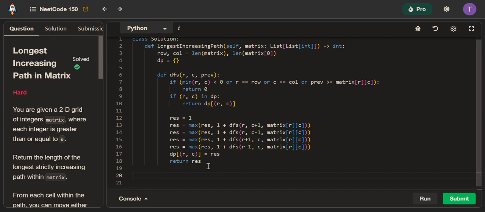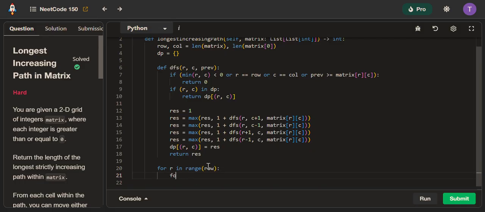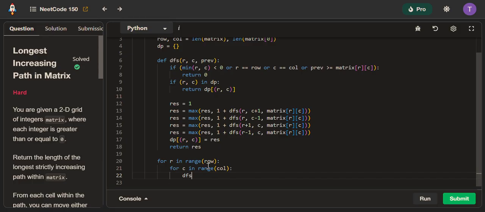Now we're going to go for every single cell, going top down, and we're going to call our depth first search on it. So for R in the range of row, and for C in the range of col, I will call my DFS on it. And what I'm going to pass for the previous value is just a dummy value. I'm going to put -1, could be -10,000. Doesn't matter as long as it is something smaller,